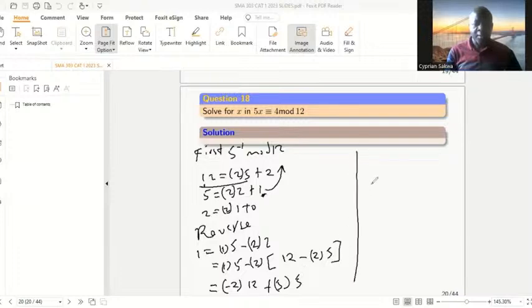So I've found that the inverse of 5 mod 12 is 5. So multiply by this inverse on both sides of this equation. Let me call it a star or a double star. So multiply